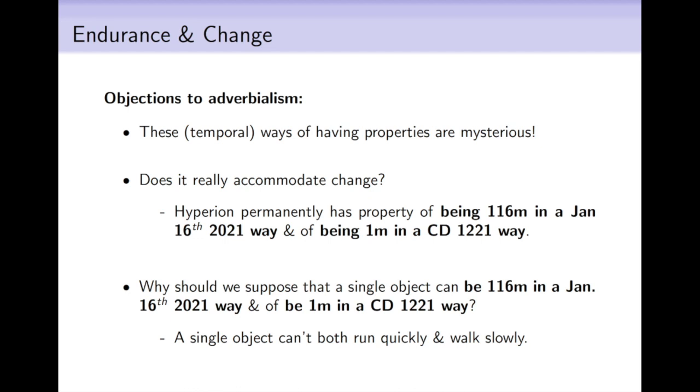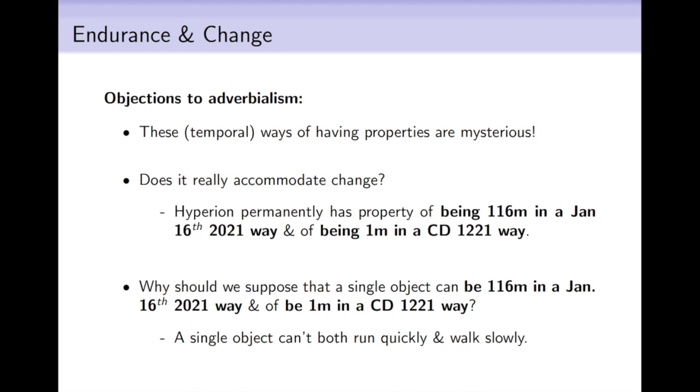The familiar objection: does it really accommodate change? This is maybe the most boring, because it is just another version of the same old objection that we've seen applied to the other theories of change. So you might say, look, this adverbialist solution isn't really giving us genuine change. It's more like denying genuine change. So it looks like on this proposal, Hyperion doesn't really have changeable properties. Rather, it just has the property of being